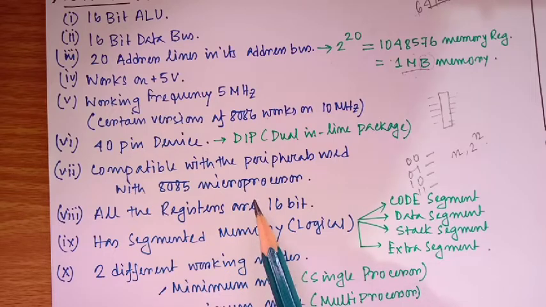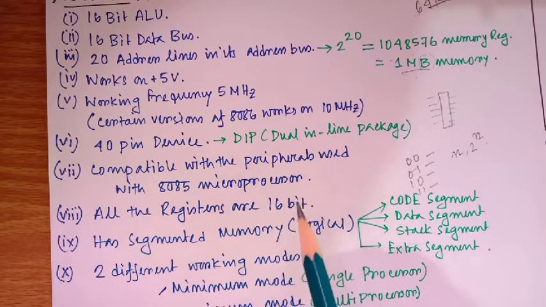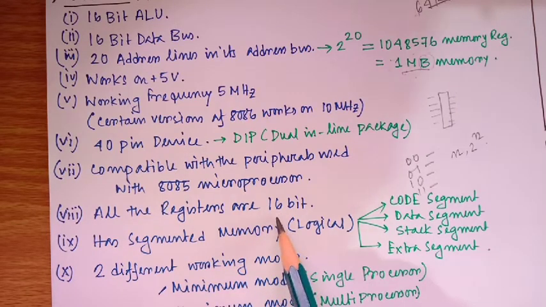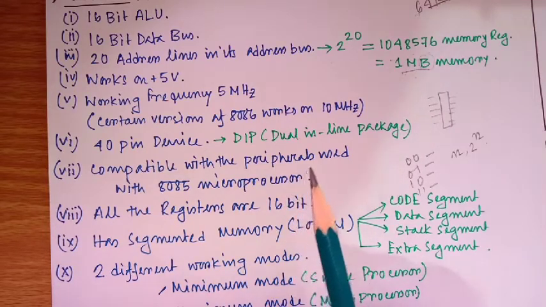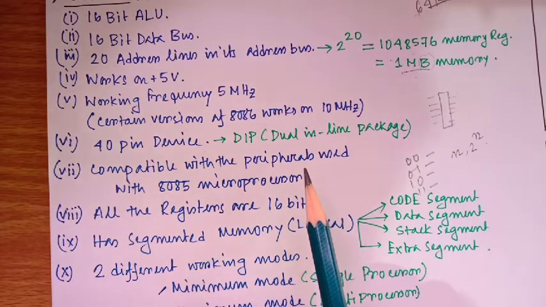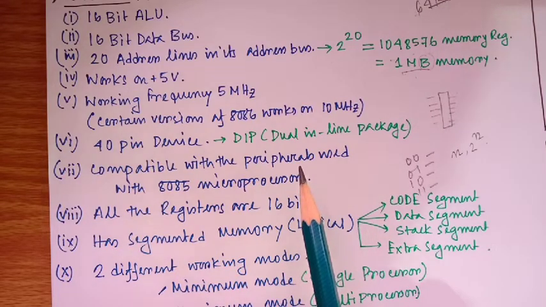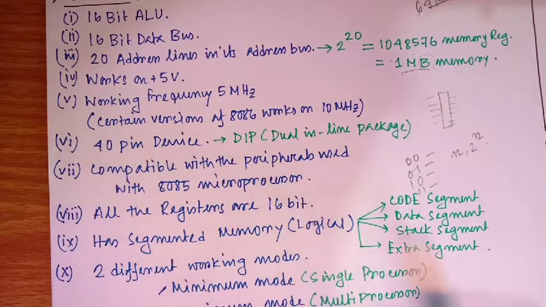And 8086 has another variation that is called 8088. The architecture is the same, but the advantage of 8088 over 8086 is that 8088 is truly compatible with 8085. So that means whatever peripherals we can connect with 8085, we can connect them with 8086 as well as 8088. That is the beautiful thing that you need to remember.